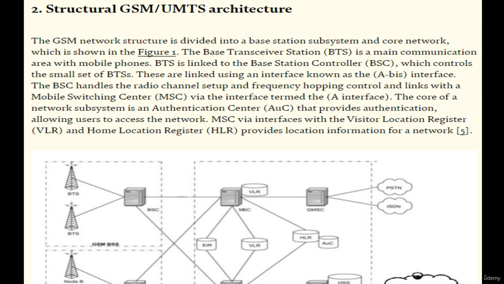A BTS covers a set of cells, and this is the structural GSM/UMTS architecture. The GSM network structure is divided into a base station subsystem and core network, which is shown in the figure. And the base transceiver station, BTS, is a main communication